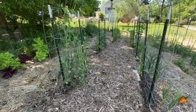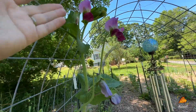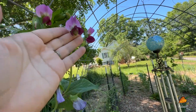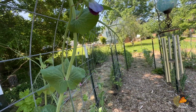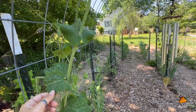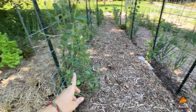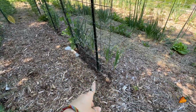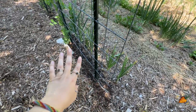Currently my trellises have peas on them, and these are starting to flower and make all these beautiful purple flowers, as well as the pea pods themselves are purple. I'll have to look around and find one for you guys. But on the outsides I also have more onions and garlic, and I actually had planted along here some noodle